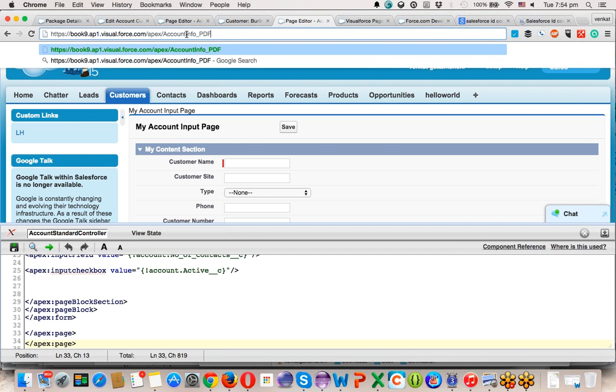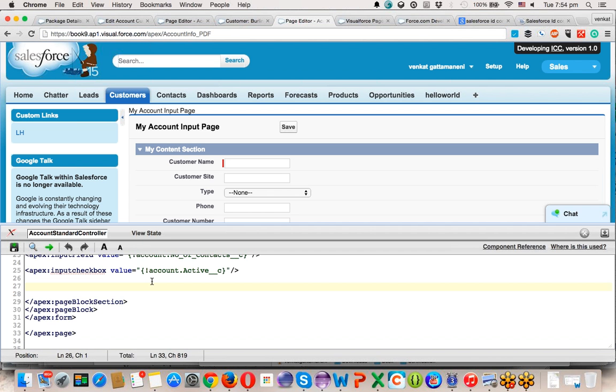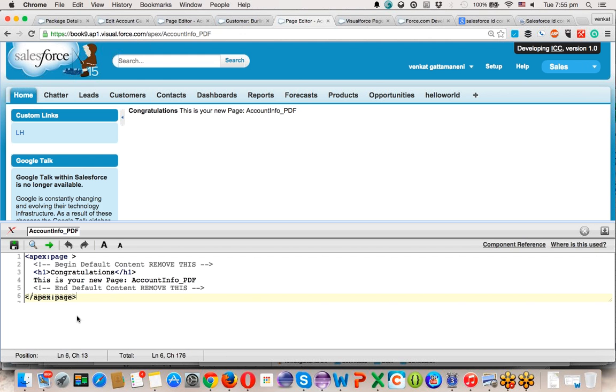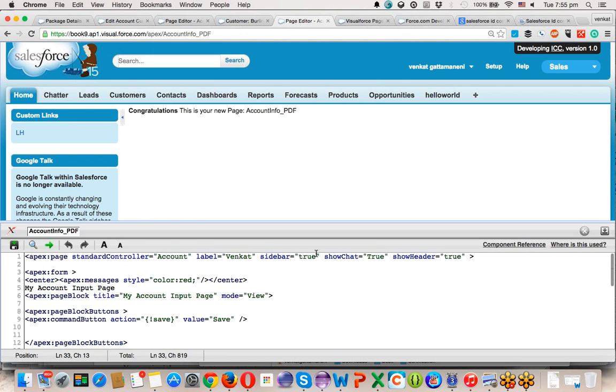Account info on PDF. Okay, I'm clicking on enter. I'm only showing very important information. It's a new page I'm creating now. Clicking on it. Clicking on see my old page data only, the same account standard controller data coming up, and I'm finally saving it as